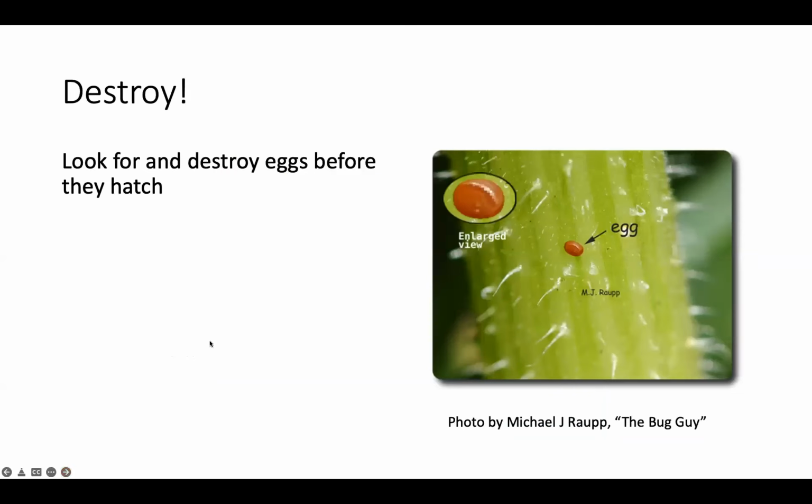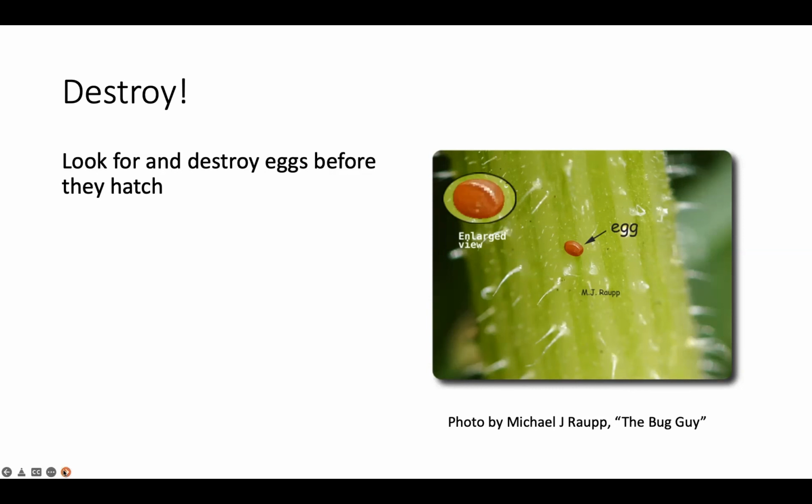So if you are not successful with prevention, or you're not willing to go to all the trouble of putting the row cover on and off, we're going into destroy mode. The first thing you can think about destroying is the eggs. Like I said, they're small and you really have to get up close and personal with your squash, but I have done it a couple of years. All you would do is look for them at the base of your plants and squish them.